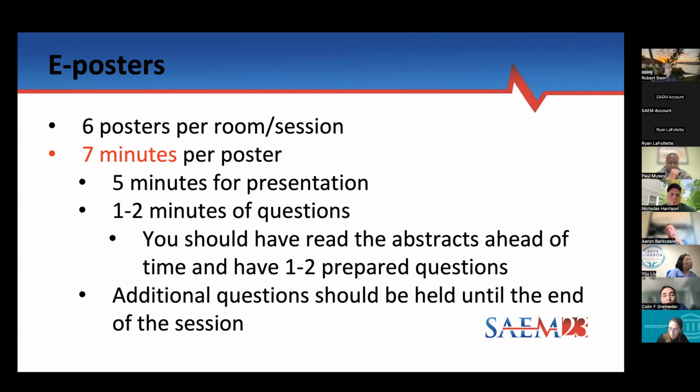Another really important thing is that you're going to be walking from poster to poster, and you want to try to avoid splintering of your group, right? So, you know, oftentimes if people have a question that they didn't get to ask at a poster, they'll try to stay behind with the person that is giving that poster presentation. We want to really discourage that up front. Encourage the group to stay together as a group and say, you can go ask additional questions at the end, and encourage the presenters, of course, to stand by their poster for a few minutes at the end in case there are additional questions. Let's go to the next slide.